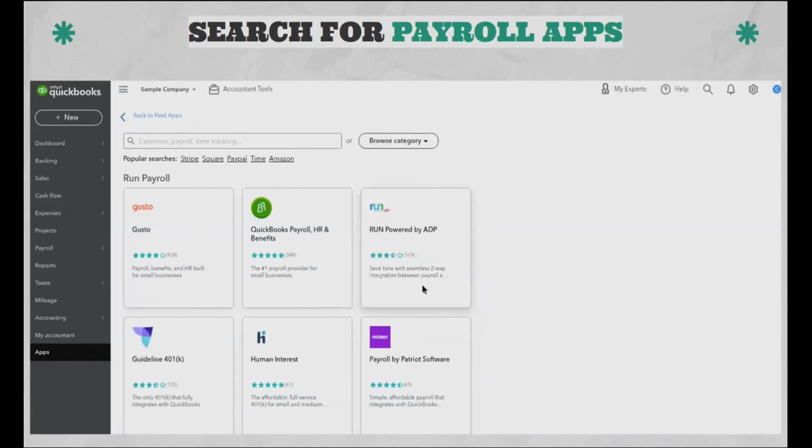So as I said, if you were a larger company, you could look into here and make sure that whoever you're hiring to do your payroll would already know that it would integrate with QuickBooks. But you can see you've got ADP, Run powered by ADP. They've got the payroll option, Payroll by Patriot, Gusto, as I mentioned, a very popular one. So that's how you would navigate to find your different options if you were looking to use a third-party application and not do payroll directly through